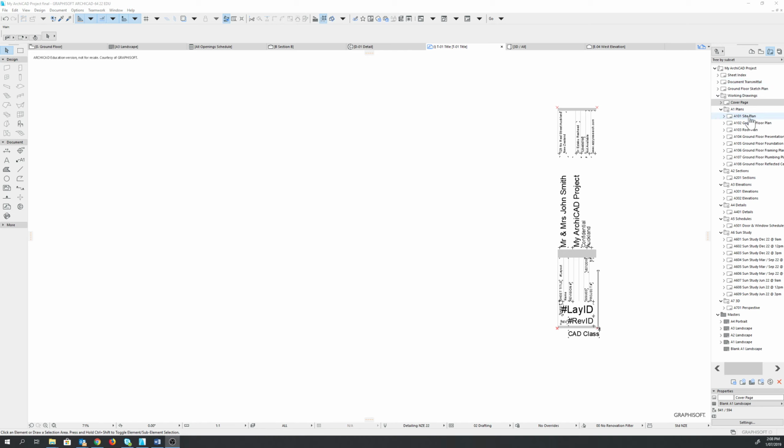We'll need the site plan we've done, the ground floor plan. There's really nothing much in the roof plan, so we'll leave the roof plan out. We need our sections, elevations, details, schedules. We need the perspective that we have done. Okay, so in order to do that, let's